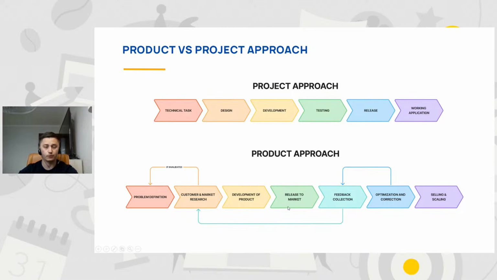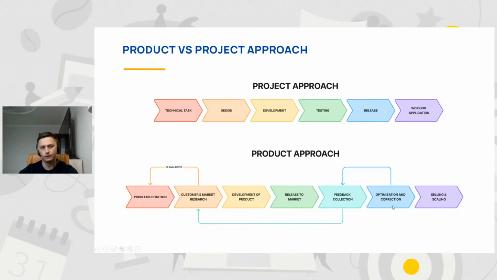We may do some sort of polishing and refinement of the product based on the collected feedback. And usually when the product is on the market, we start collecting feedback from different channels. Based on this feedback, we may also find out that customers like our product, but they're not ready to pay for it. And in this case, you may get back to the initial customer market research to identify whether you need to create a pivot or whether you need to change something within your product to start to make